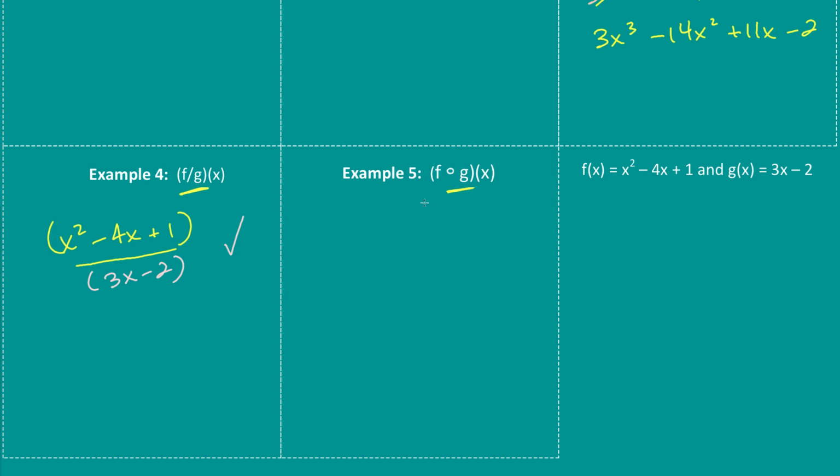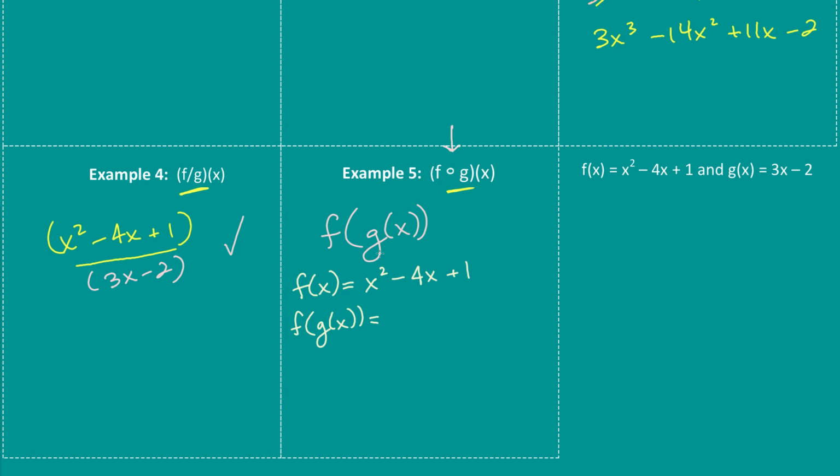Now let's go to our composite function. What a composite function means, this little circle, see that little circle right there? What that means is I'm going to plug in g of x into my f of x. So I'm going to plug in f of g of x. Well, f just says that anytime I have some number x, I got to square that number, subtract 4 times that number, and then add 1. So if we did f of g of x,